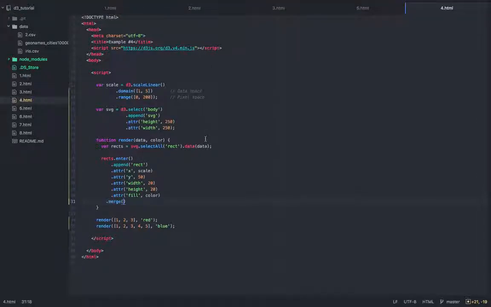What merge does is, when entering new elements, it merges the attributes that you want to enter into the elements that already exist and the ones that you're newly entering. It'll be easier if I show you how it works. So when I merge, for example, these 2 new elements, I want to merge them into the rects variable,